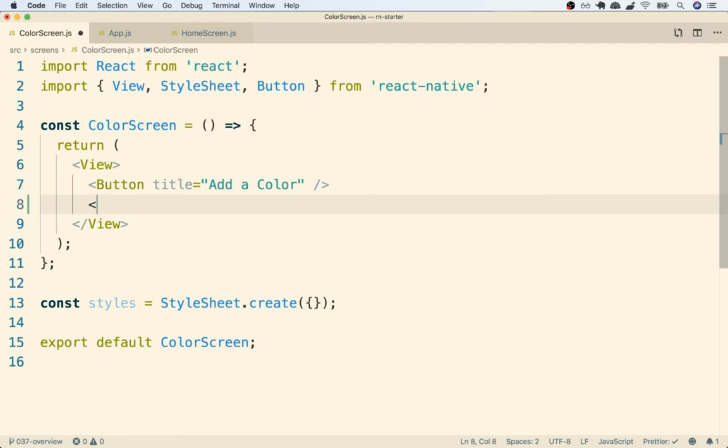Underneath my button, I'm going to add in a view element. And to this thing, I'm going to hard code a style. So I'm going to put in a manual object inside of here. Now, why are we adding in a style directly to this view rather than creating it inside of our style sheet? Well, we're adding it in directly because we want to generate this style object on the fly. We don't know exactly what style we want to apply just yet because we're going to be randomly generating the